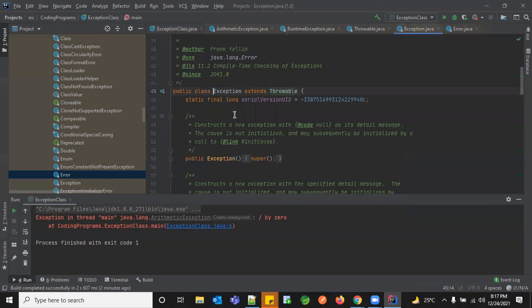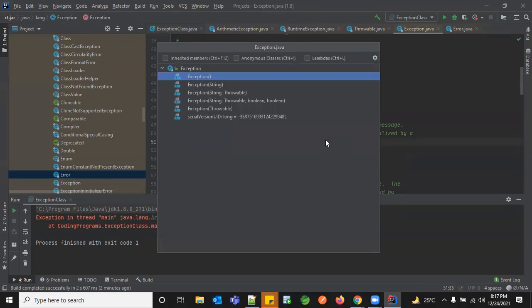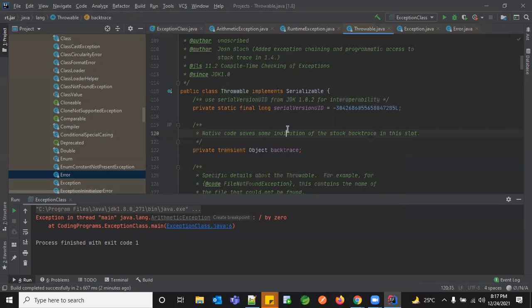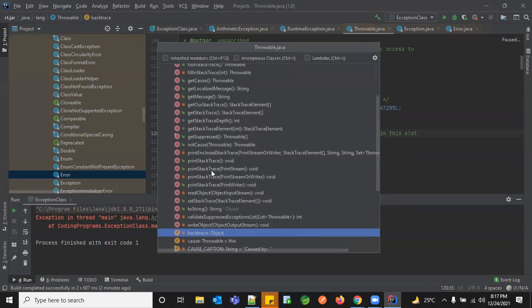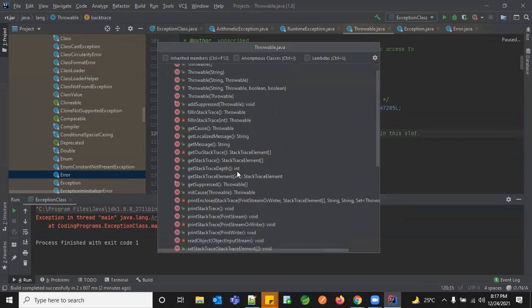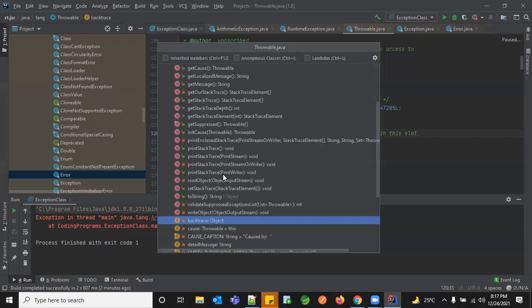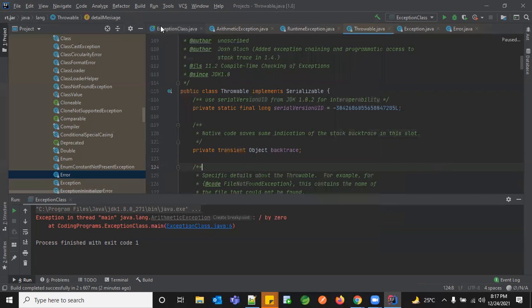So this Exception class gives us a few methods which we can use. This is again an overloaded constructor which can accept a default one, and a parameterized one with a few other parameters. And now this is again extending what? Throwable. So here, what are the methods I have? I have, say, getMessage. I have something called getStackTrace, and something called printStackTrace. Okay, so let's experiment one by one.